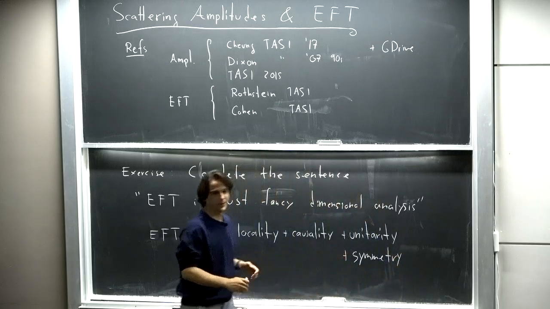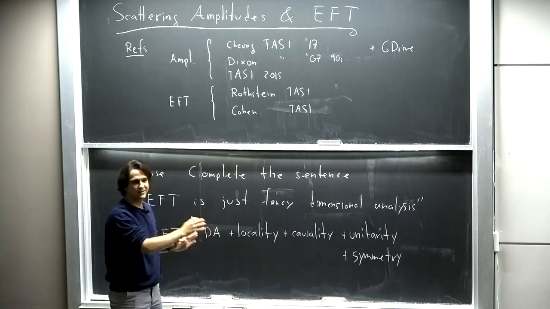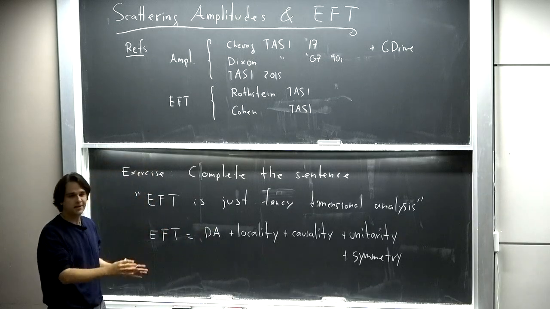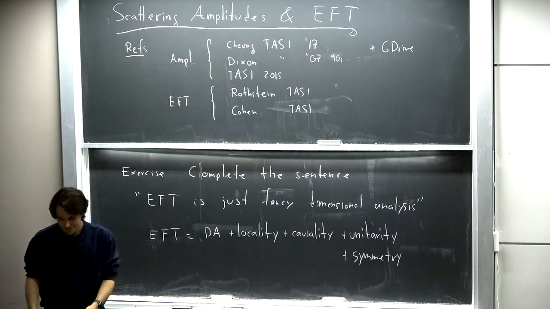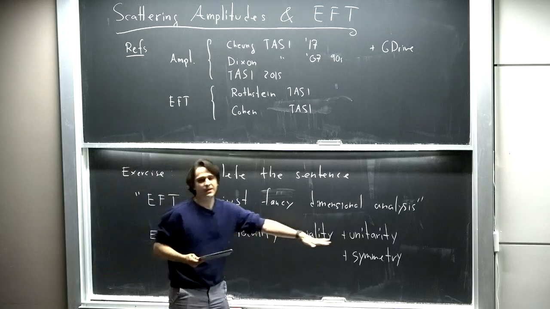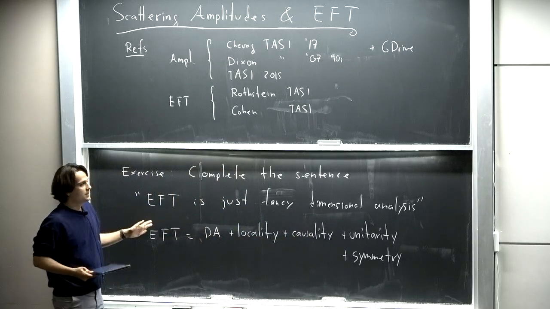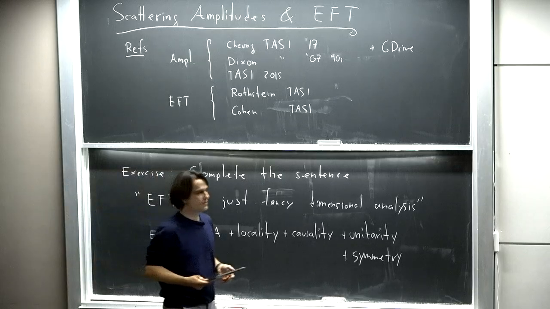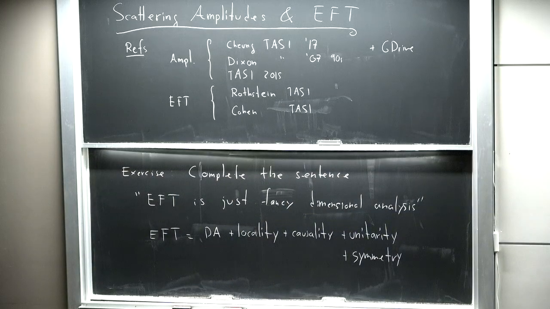We all know this, but many times we take for granted that there are these principles that underlie all of our theories of particle physics and many other things. So I want to explain how these are extremely constraining principles that, when you put them together with dimensional analysis, give everything we know about effective field theory. And we're going to do this by example.